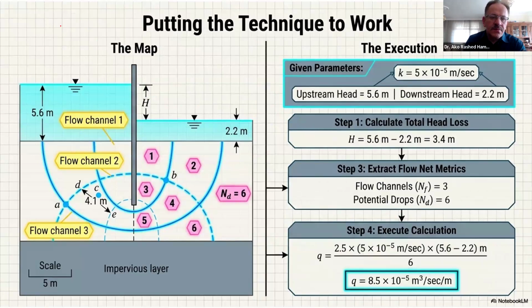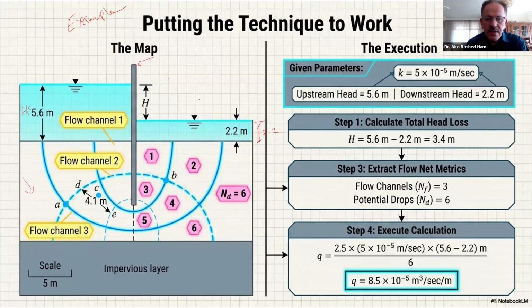Okay. Now look at this small example. Based on this example, you can find the depth of water in this part, called H1, is 5.6 meters, right? And the depth in the downstream is how much? 2.2. So that means this sheet pile is acting as a barrier to not let the water go this way. But there is a flow. There is a small flow because there is water in the downstream at 2.2 meter depth. Now we need to calculate how much flow is going this way.